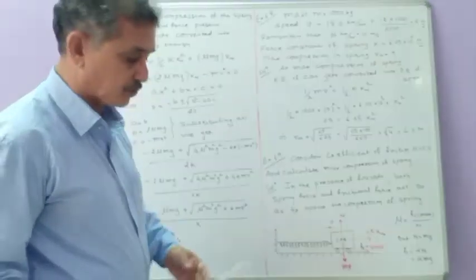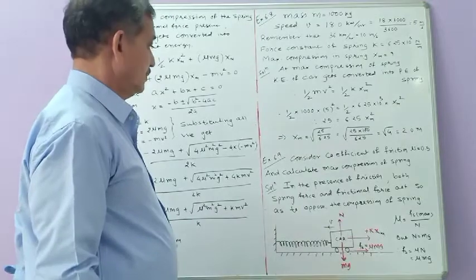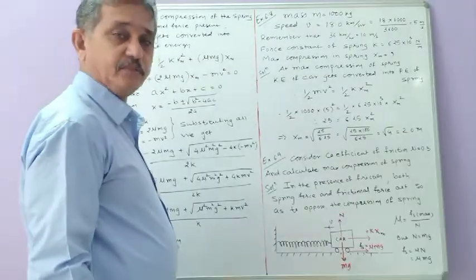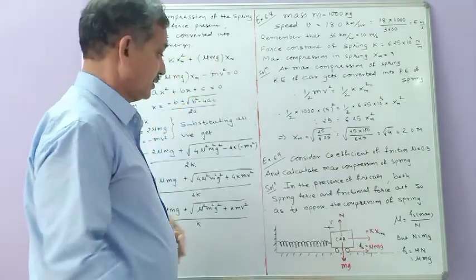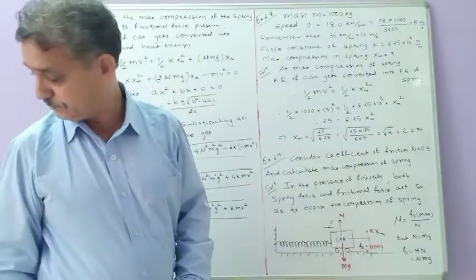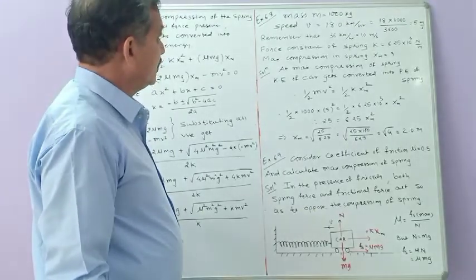Now let us see the students. Next, there are two examples. One is example 6.8 and another is 6.9. If you read it,